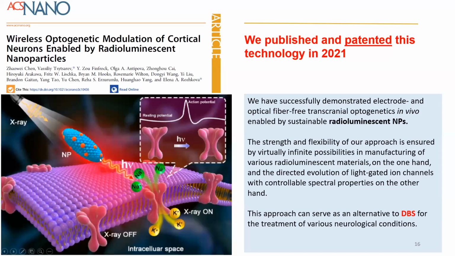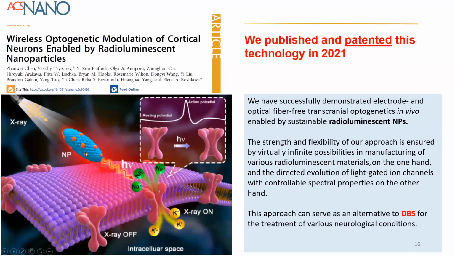These nanoparticles can be injected without any toxicity. They can stay in the brain tissue for a very long time. In our case, they stayed 2 or 3 months in the mouse brain, and after that, we can observe them histologically without any changes. We also can make particular neurons express channel rhodopsin, which is quite a routine procedure. And if these channel rhodopsin expressing neurons are located close to the nanoparticles, we can control firing of these neurons by